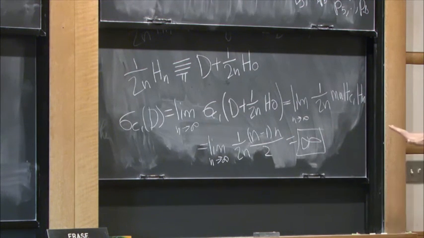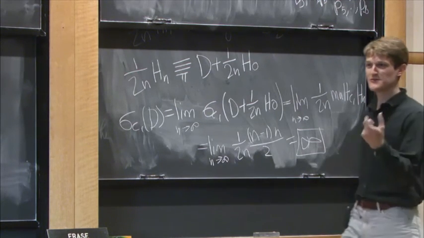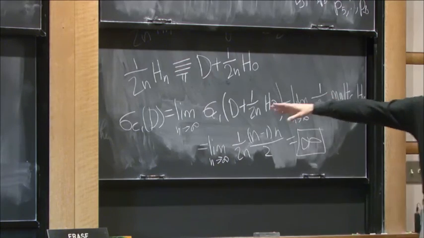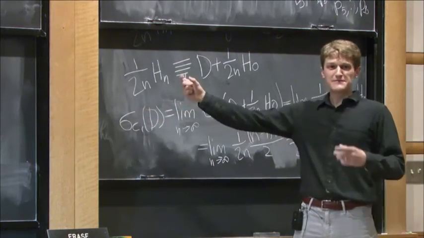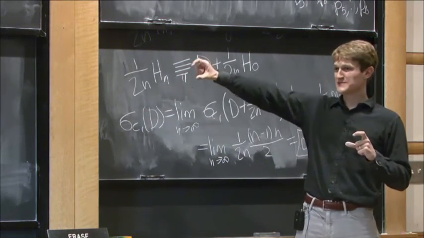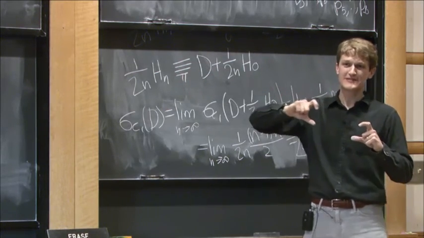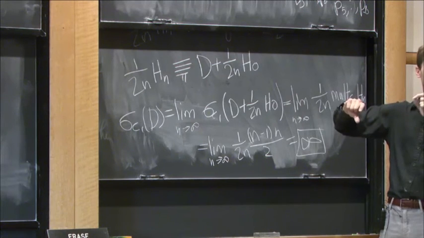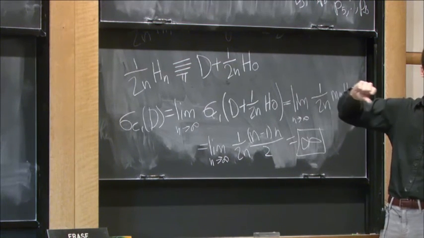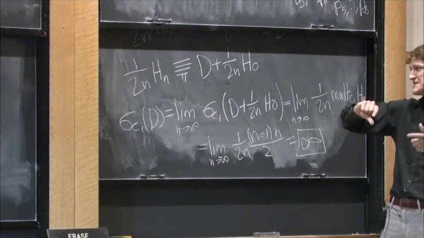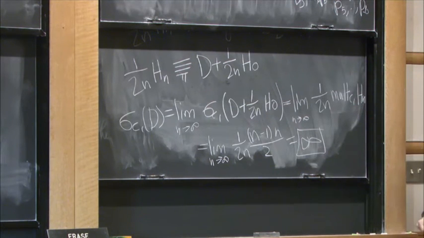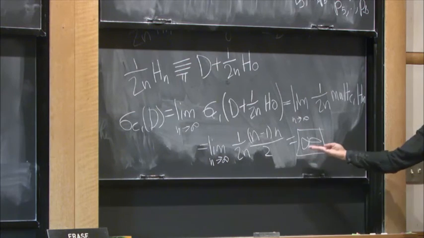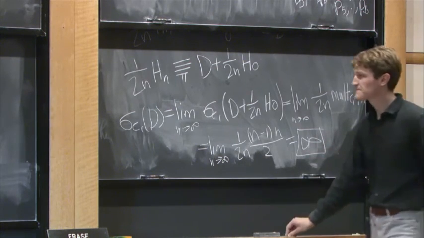So let me just say again in words what's happening here. We have this pseudo-effective divisor class D. It's the limit of these effective classes Hn. The thing is, if you take a sequence of divisors 1 over 2n Hn getting closer and closer to D, the multiplicities of these Hn along the curve C1 are not converging to any limit. The closer and closer your effective class gets to D, just the bigger and bigger and bigger this multiplicity gets. And in this sense of Nakayama, this asymptotic multiplicity is actually infinity in this example.